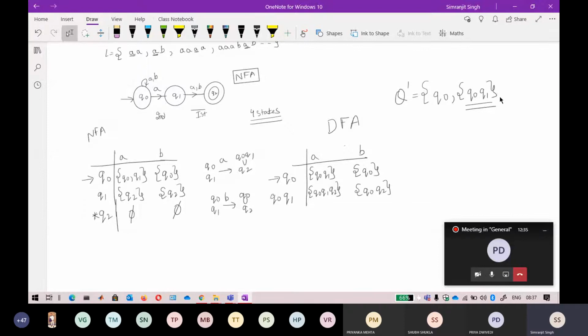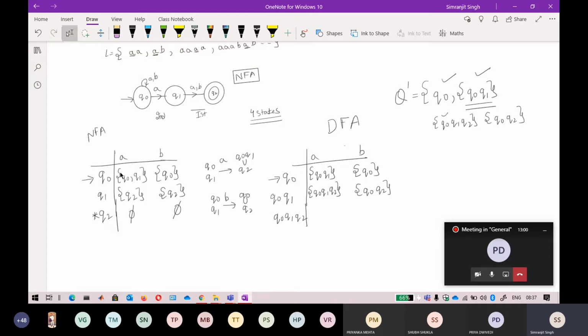Okay, so if two new states come in the Q dash that I have to add, that is Q naught, Q1, Q2, and another state is Q naught, Q2. So till now this state is defined, this state is defined. Now I have to look between these two states. You can go with either of these states, there is no worry about this. So I just write Q naught, Q1, and Q2.